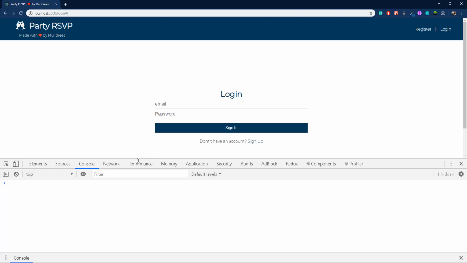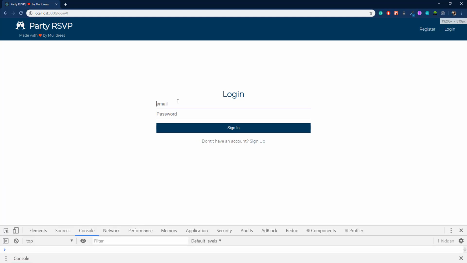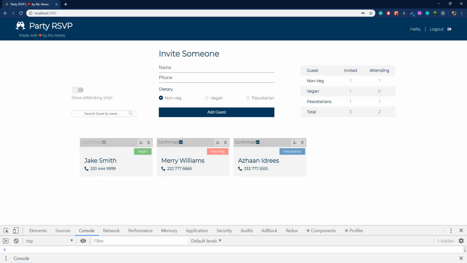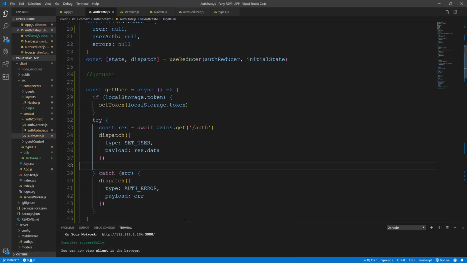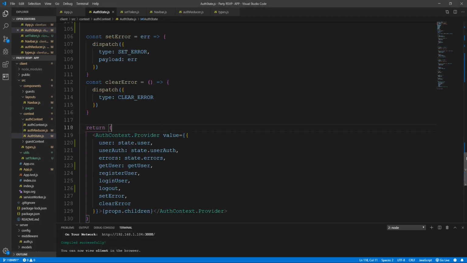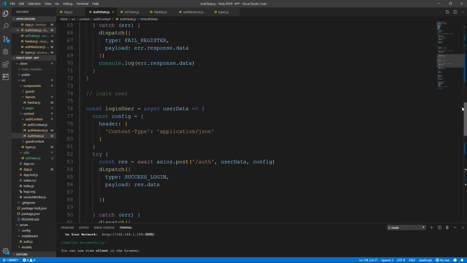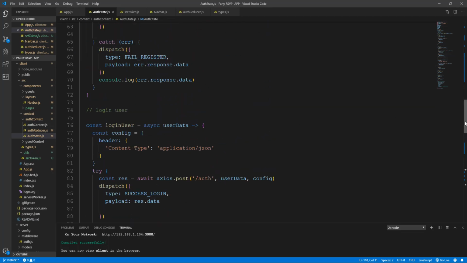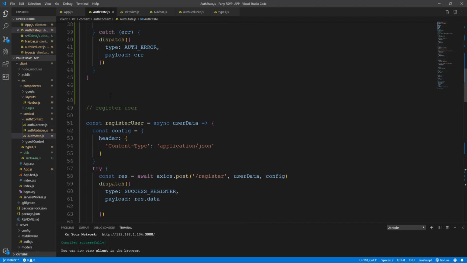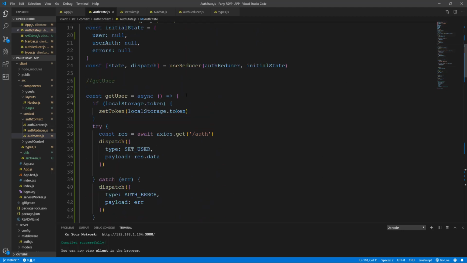So I want to test it. So with smith@gmail.com, and then 1 2 3 4 5 6, and it is saying hello, and we are not getting hello Smith. Why is this? So let me just quickly check, and that is because we have this section which is get user, but we haven't called it anywhere. So we need to go into our